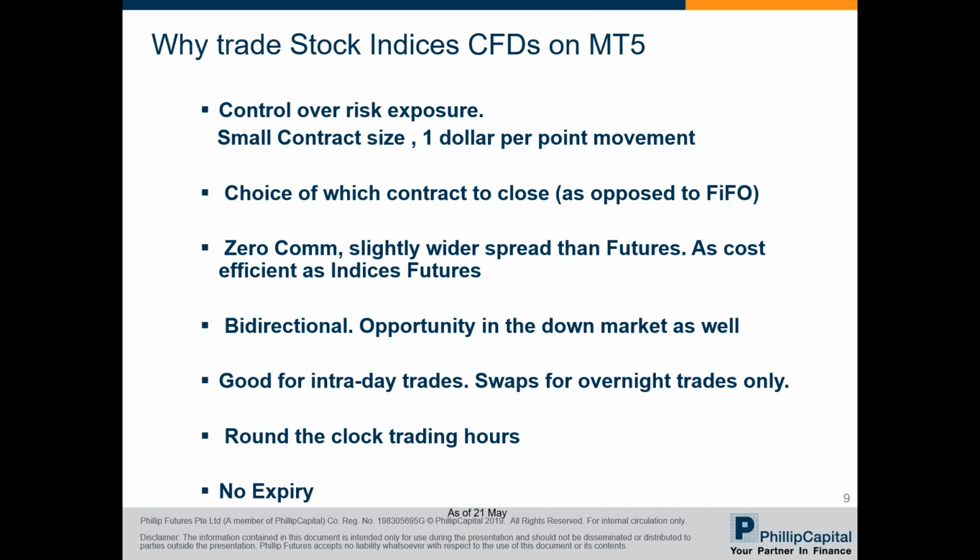As you can see from the contract specifications, the contract size is pretty small. It is all standard as one lot, with 1 point of the index equal to $1 of the currency. The margin required varies from 5% to 20%. So with a small amount of a few $100s, you can start trading with one lot. This allows most retail clients who wish to get started on stock indices to do so easily, allowing more flexibility in the contract size than any of the other choices such as ETFs and futures. This is perfect for beginners who want to try out small sizes first.